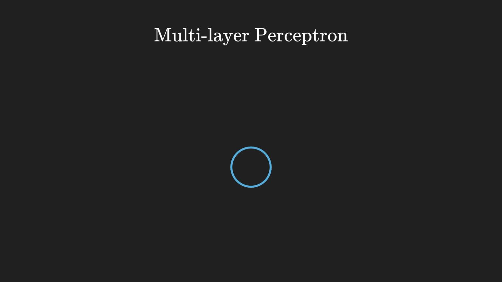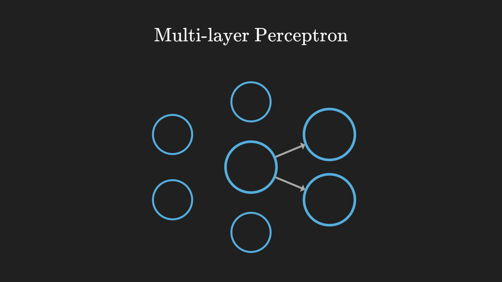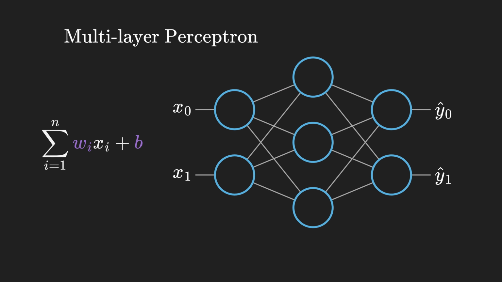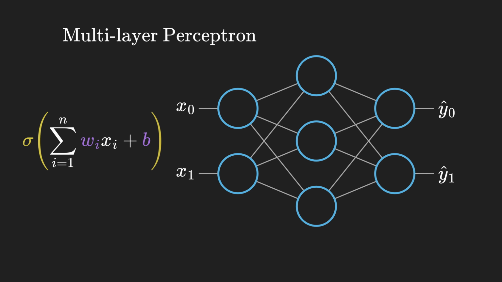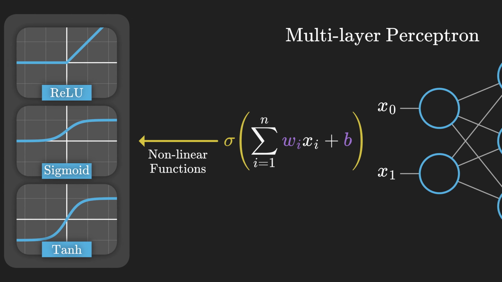Once we understand the perceptron, MLPs are pretty straightforward. As I said, instead of just one neuron, we stack many of them in layers. Each neuron passes its output forward, feeding into every neuron of the next layer. This is where that iconic neural network diagram we've all seen comes from. To solve the non-linearity problem, after computing the weighted sum, each neuron applies a non-linear activation function. Today, the most common choice is the rectified linear unit, or ReLU. But in principle, almost any non-linear function works.